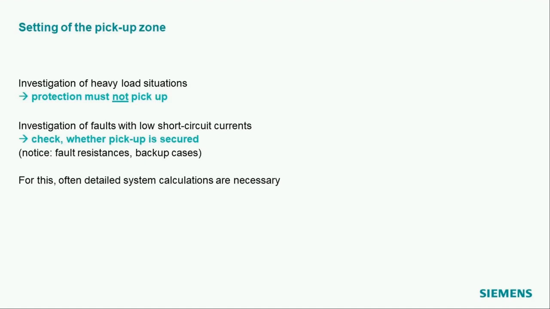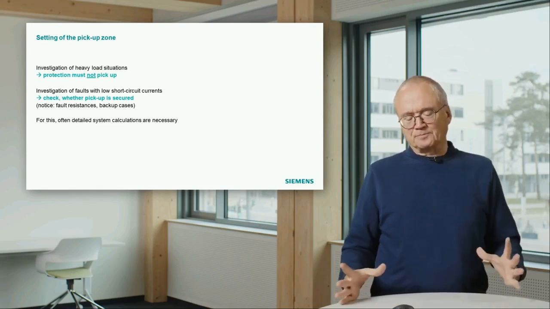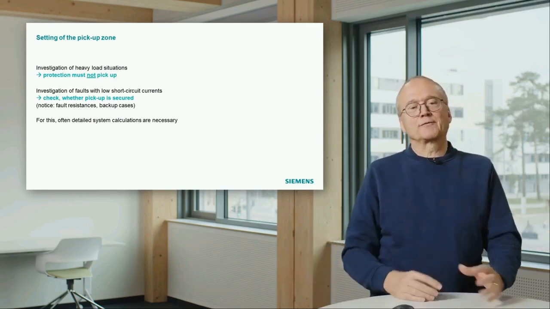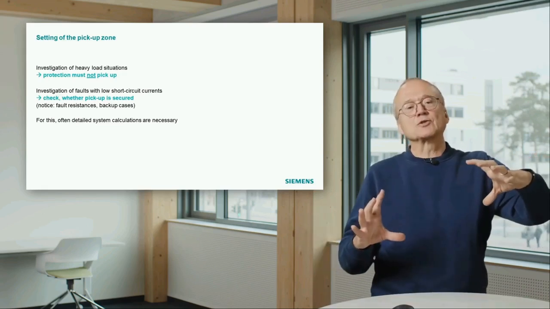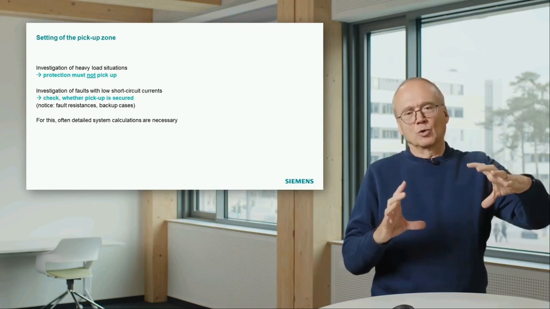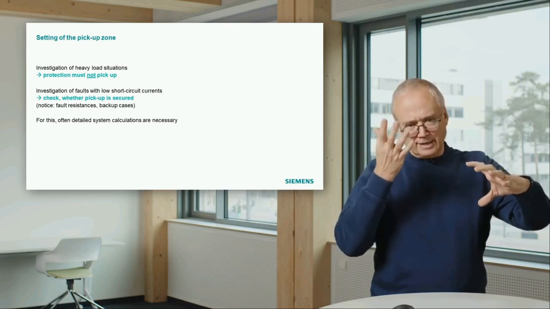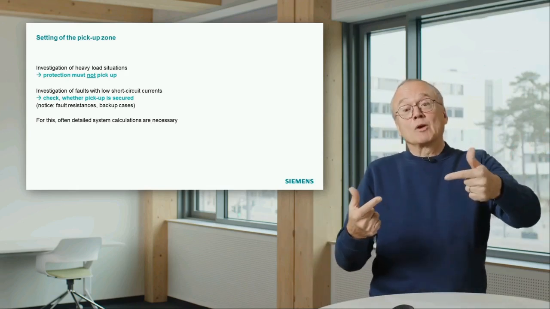You must investigate heavy load situations, and you must make the setting, the zone, small enough that the protection does not pick up. And heavy load situations, the critical thing, for instance, is you have a system, maybe with a heavy load transfer from one area of the system to the other. That means the lines connecting these two parts of the systems are heavily loaded. And now you have a thunderstorm and one line has a short circuit, it trips. In case of a short circuit, we have to trip the line. What's now going to happen?